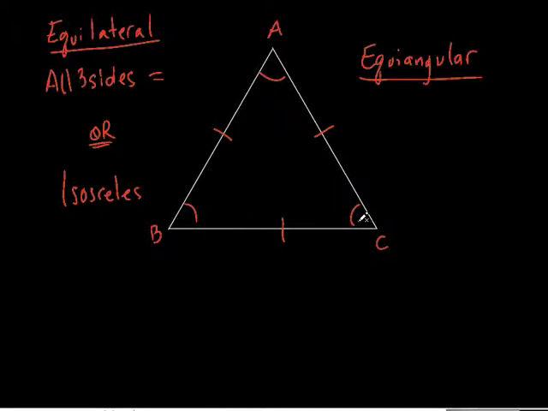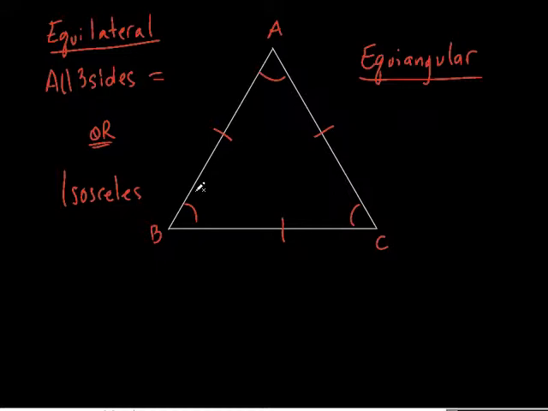Now let's think about this a second. We already said that if you add up all these angles, they added up to what? 180, right? So what if every angle in this triangle is exactly the same? How could you find each one of these individual angles? Divide by 3, right. 180 divided by 3. Everybody see that? Because if I had $180 and I brought 3 of you up here and said, okay, I'm going to give you $180, but I'm going to split it up evenly between the 3 of you, then what would you do? It's $60 a piece, right? Well, it's the same thing. If I have 180 degrees and each angle is the same, if I split that 180 degrees evenly 3 ways,